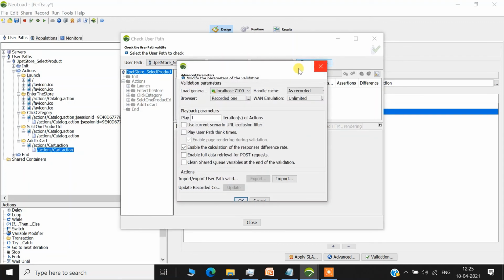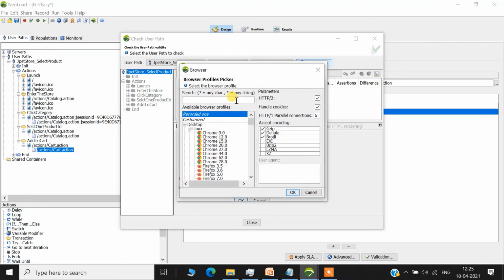What is available in advanced? The localhost, which is the load generator it is going to use. Is it going to handle the cache as recorded, or as a new user, or a returning user? Browser: if we want to change, we can change here as well which browser we want to run, or we want to run the recorded browser only. The options are available for different types of browsers: Linux, Mac, Windows.